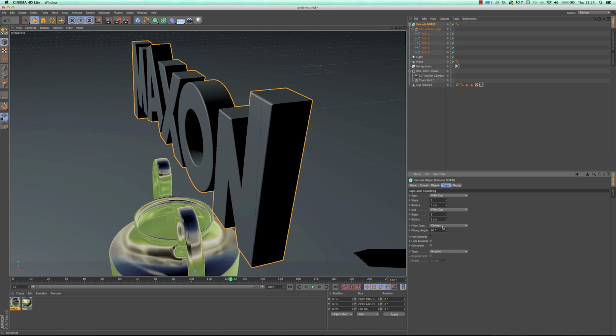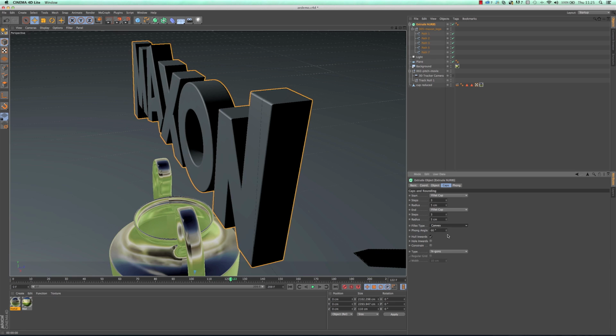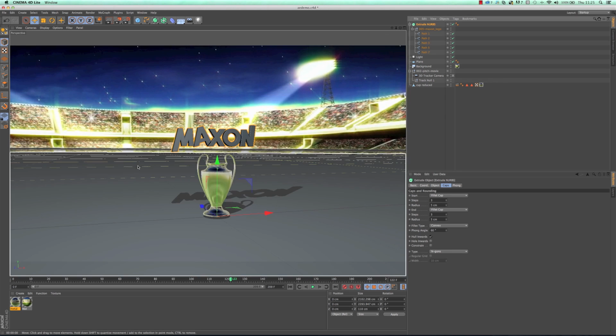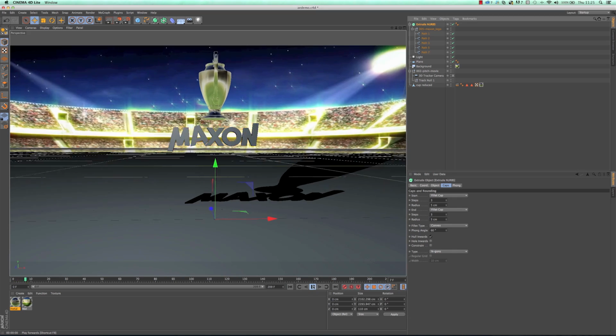There's also other different things you can do. You can do different fillet types. So for example, I could have engraved, a slightly different option there, but the standard one, convex, is the most popular, just for a nice bit of rounding on the edge of the logo. So that's great. I've got my logo there, and then at any point if I want to flick back to the After Effects camera, I just click that icon there. So I've got my text in the scene, and let's have a little look at it now.